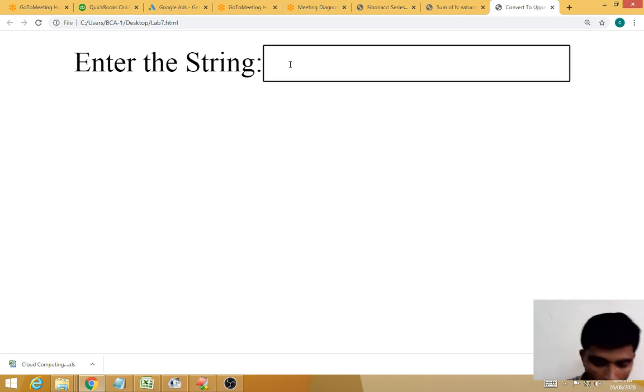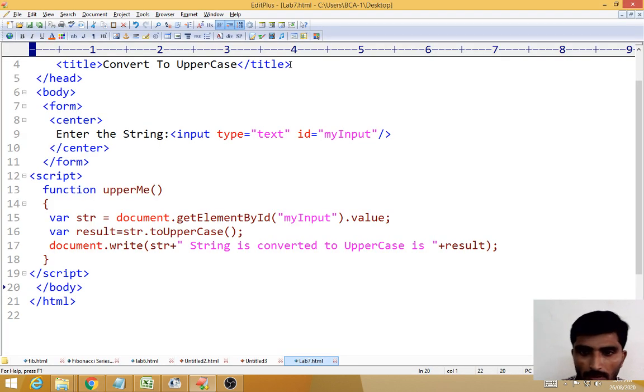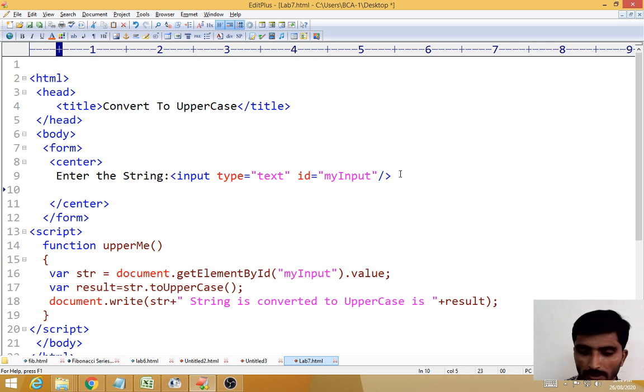Now I want to enter BCA, then enter. Sorry, just a minute. I need one button because I want to perform that. So where do you have to write the button? Here, I just forgot. So for that you have to create a button, because I want to convert, so I want to press convert.